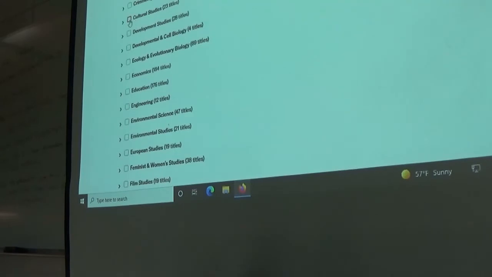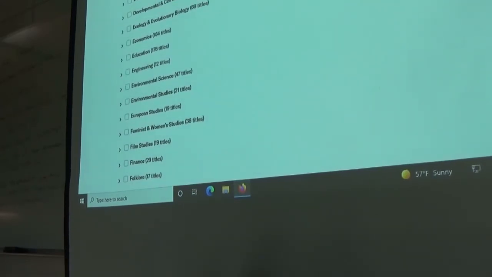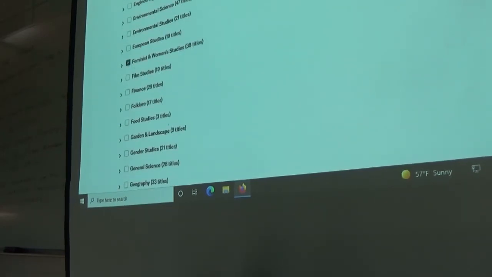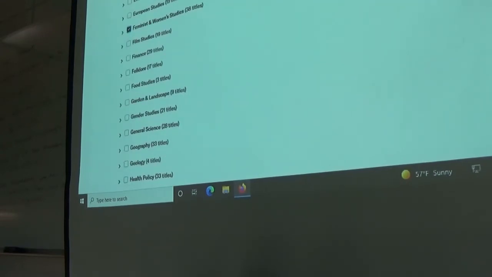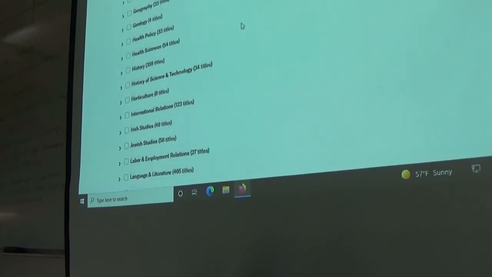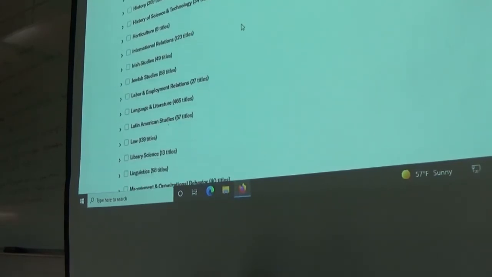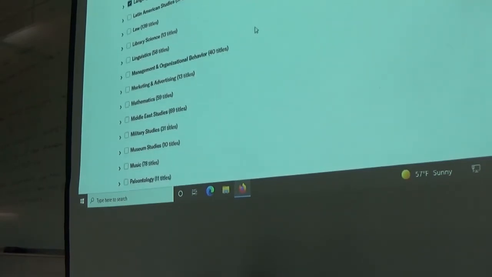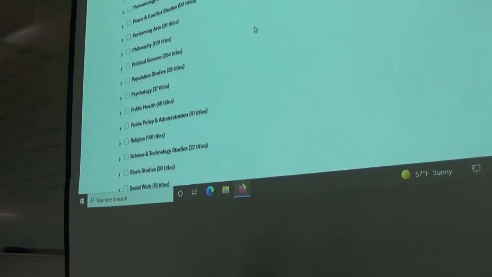This is one of the things that takes a little longer. Well, and also sometimes when you get hits, narrowing them down takes a little longer. But you get it instantly. The advantage is you get it instantly. Feminist and women's studies, gender studies. Also, some of these categories are maybe slightly redundant. Language and literature. And I think that should probably do us.